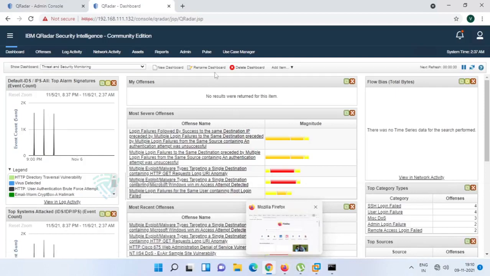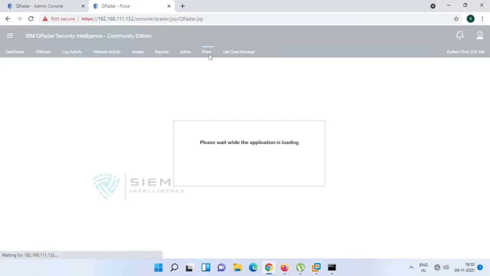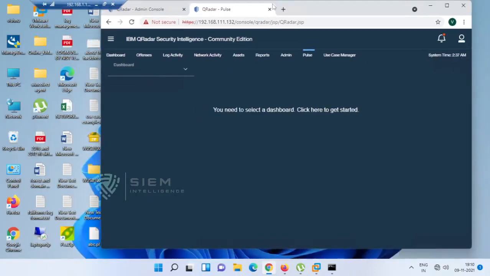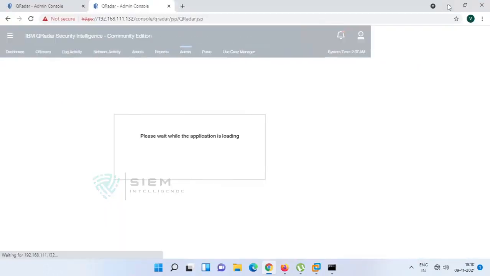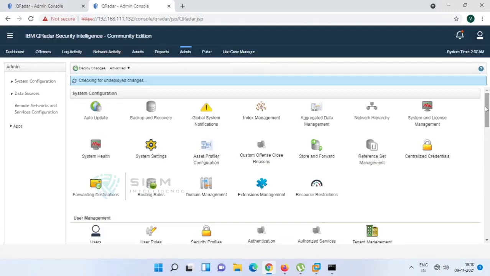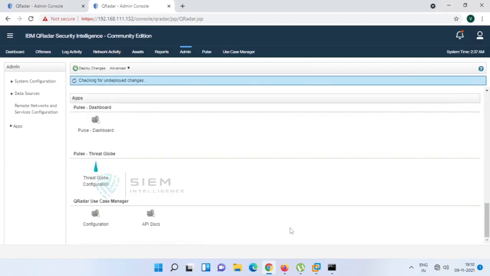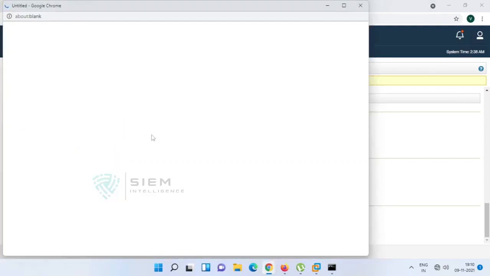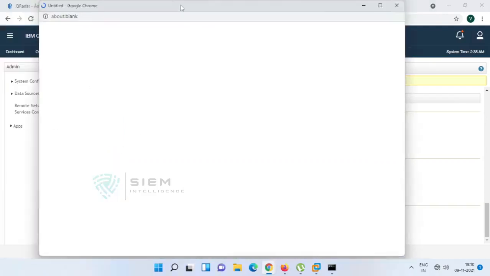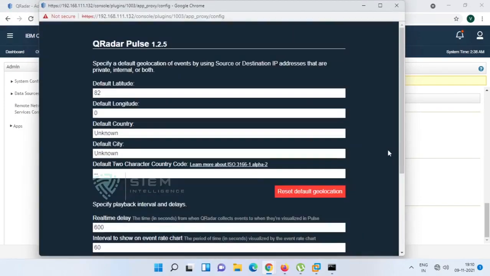No worries. This is Pulse that we have seen. First we need to go to and configure the thread globe configuration, the generic thread globe configuration, and just save the content.